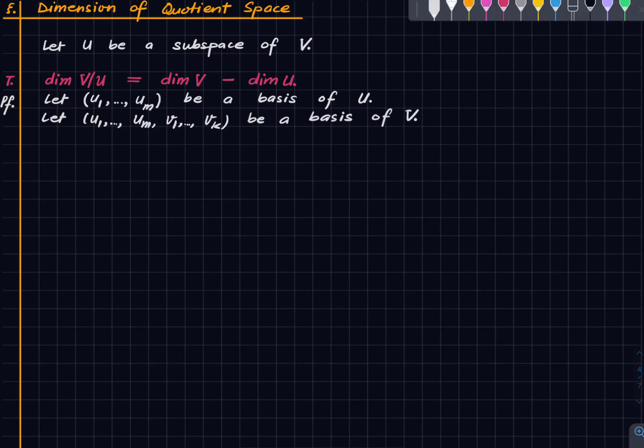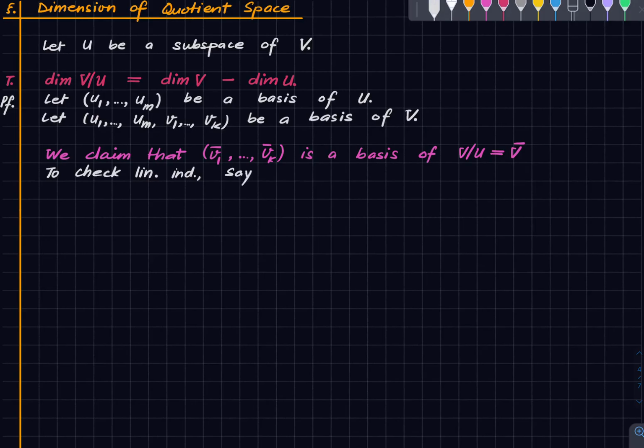Okay, the point is, we claim that this forms a basis of the quotient space, which we will denote as V bar, of course. And just to remind, V1 bar is the coset of V1, and so on. So we need to check two things. First, we need to check that this is a linearly independent list, and second, we need to check that this is a spanning list. So for linear independence,